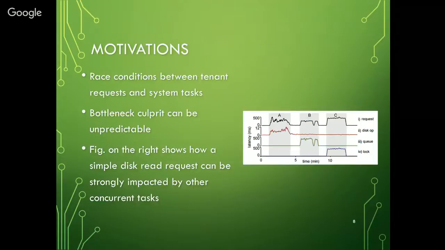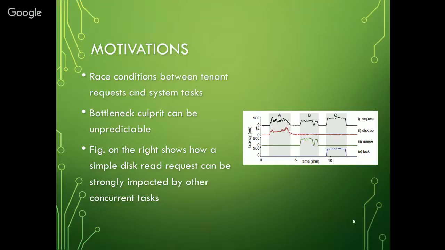So what are some motivations that caused the Retro framework to come up? One of them is the race conditions between tenant requests as well as system tasks, such as garbage collection or data replication. So this bottleneck culprit can actually be unpredictable. The dependencies such as input workload, the workload of other tenants, the overall state of the system, and performance characteristics